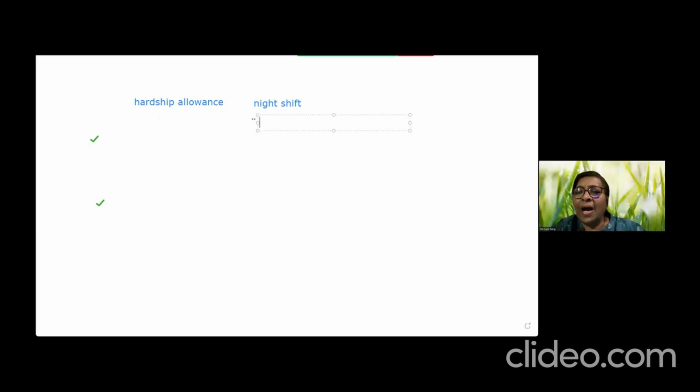You may ask, but why can't I actually factor this in my base salary? What will happen if I factor that in my base salary? If there is a change in shift, then unnecessarily a person will get higher pay. No, you cannot. If you have added it to the base salary, you have to continue giving it. Correct. It no more becomes variable, right? So can you give me some examples of hardship allowances, guys? Yeah, people working in difficult conditions or different geographic areas, oil rig, mining, right?